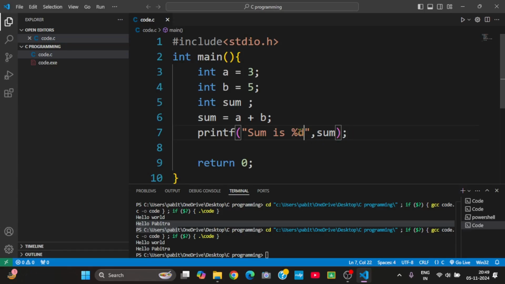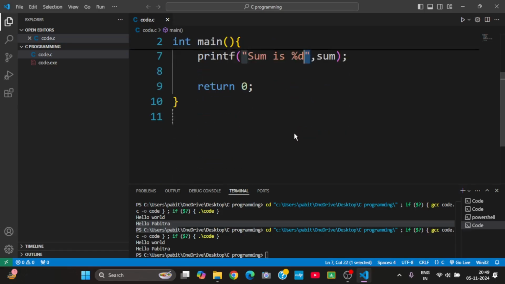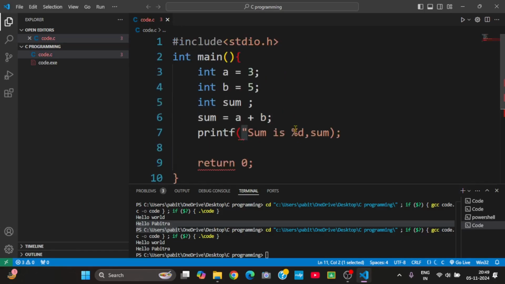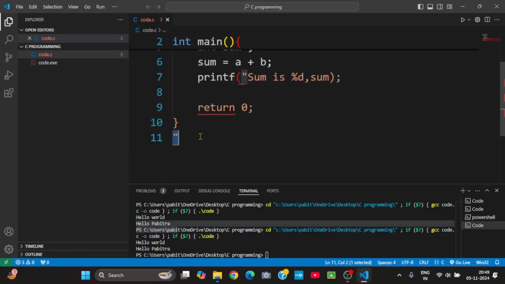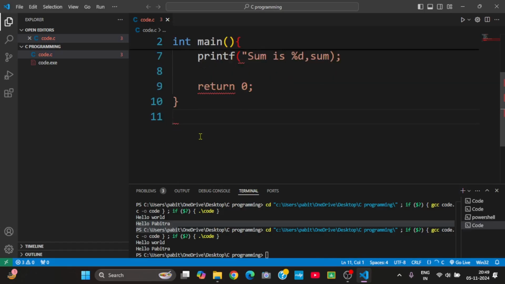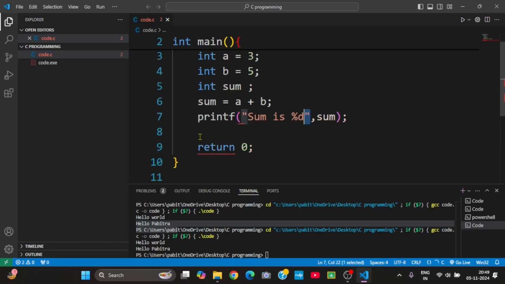So percentage d for integer, percentage c for character variable, character output, percentage f for floating point numbers, percentage p for pointer, percentage x for also pointer variables. So here percentage d for integer, you have to put this format specifier, right? So if we run this, then